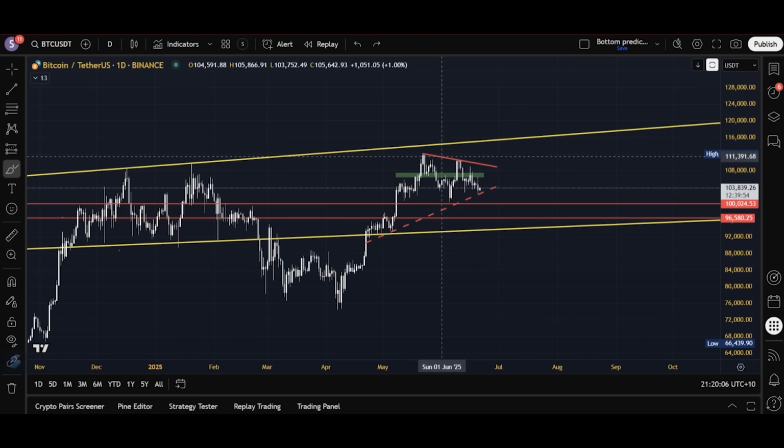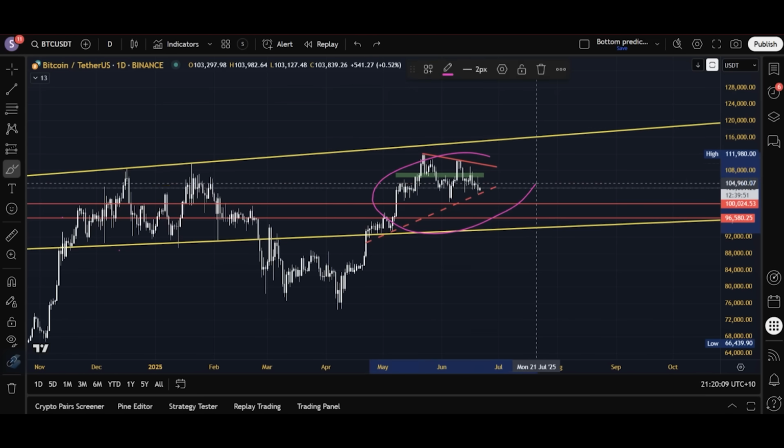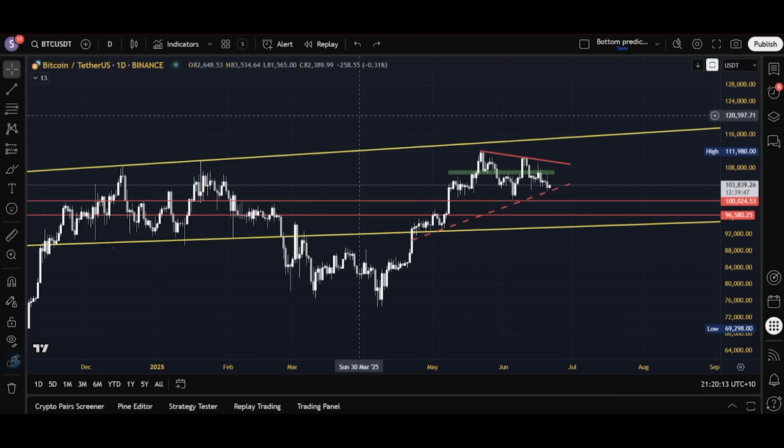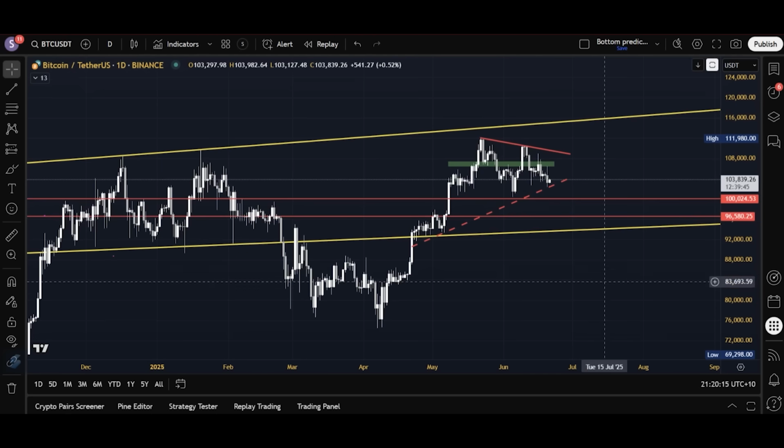Hence, until Bitcoin has done one of those things, nothing has really changed here, and we are just kind of ranging. Now, we'll discuss this short-term price range in tomorrow's video or the day after that. It's not really that important because, again, the macro move only occurs when the macro range breaks.